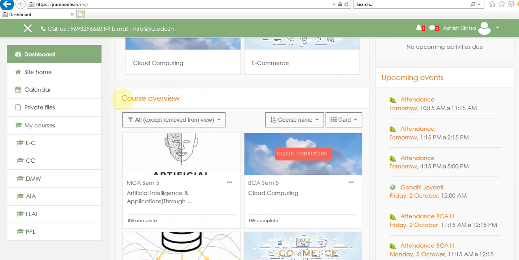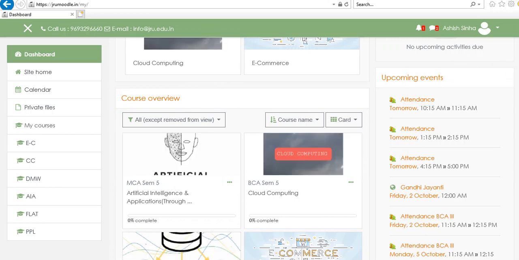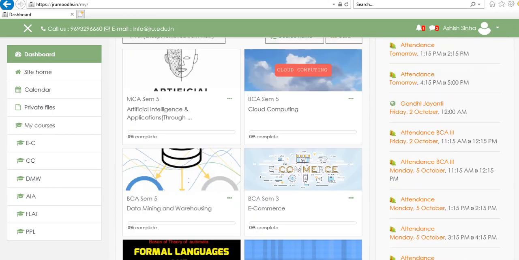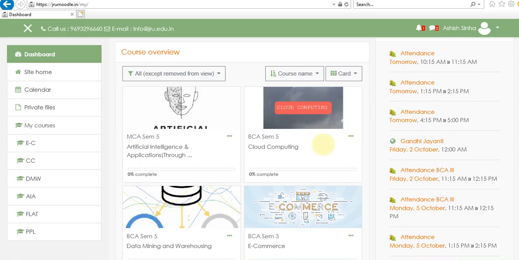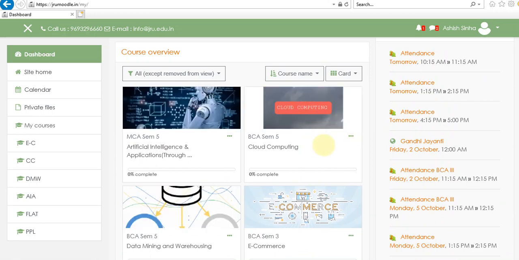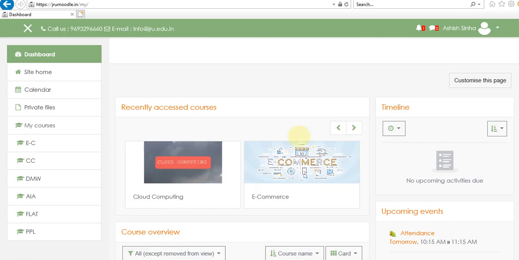So when you first log in, the course overview is displayed on your platform. Okay, and when you access any course, then that course must be displayed in the recently accessed course area.